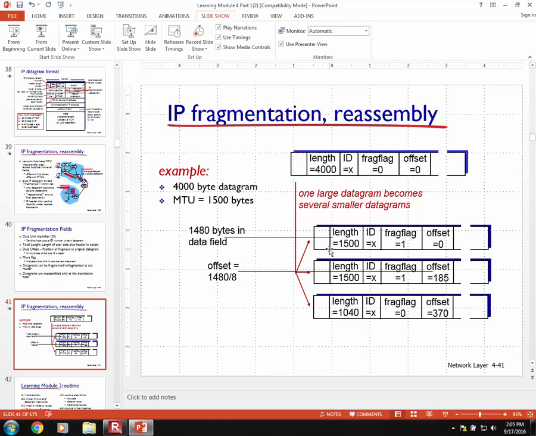The first one has a length of 1,500. It has a particular ID number, and all of these, since they're related, will have the same ID number. It's going to have a flag of 1, indicating that it's not the last